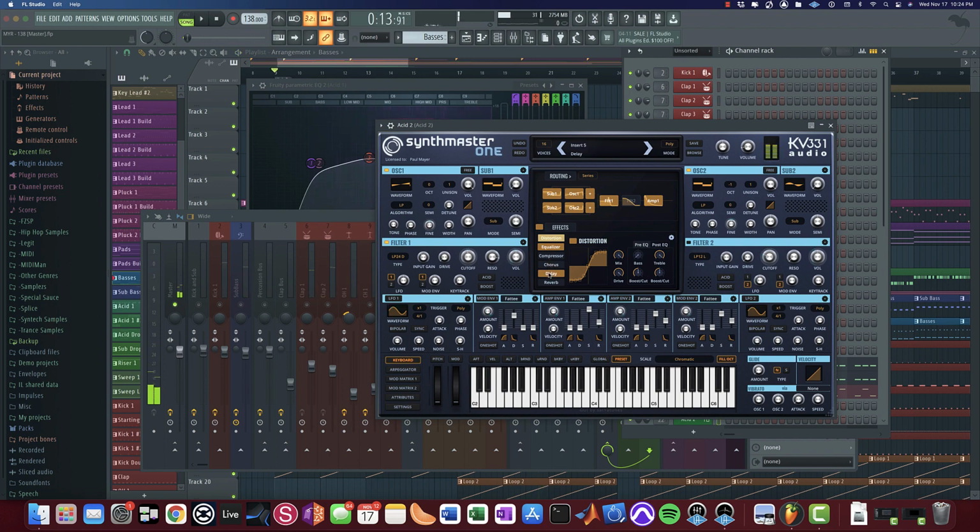Notice how the sound is completely in mono, so the only thing that's going on in the stereo field is this delay. So without the delay,